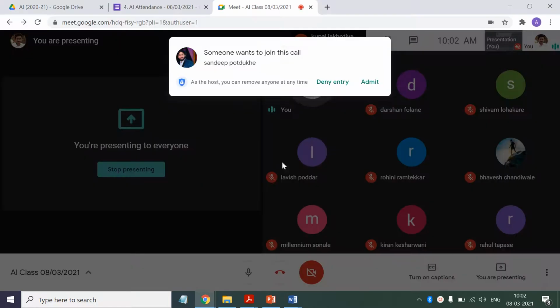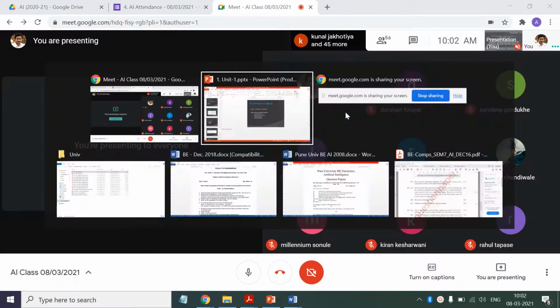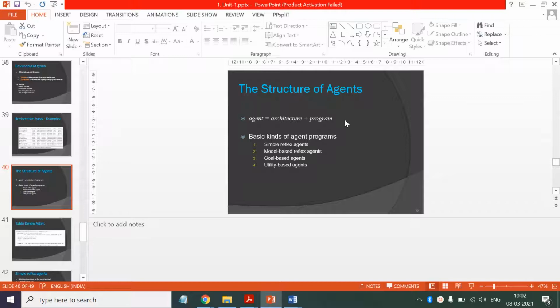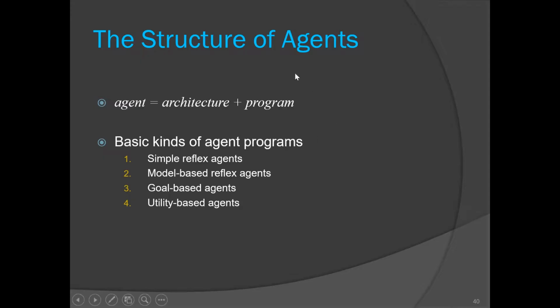So far we have discussed the environment in which our agent is interacting. We have seen the PEAS descriptor through which we specify our environment, and we have seen different kinds of environment, for example fully observable, partially observable, deterministic, stochastic, episodic, right? Some environments are easy to work in and some are difficult. So today we are going to discuss the agents.